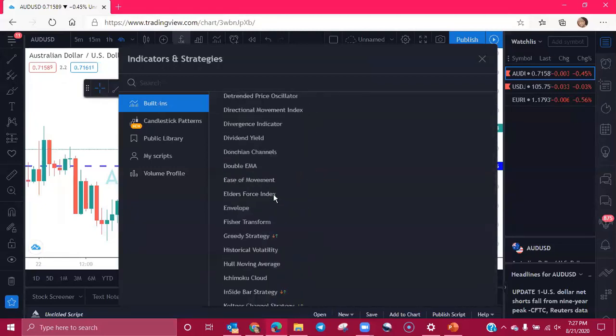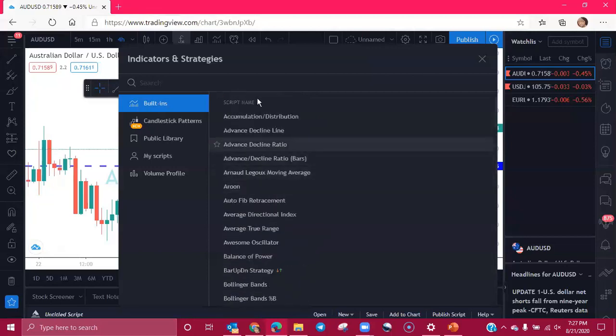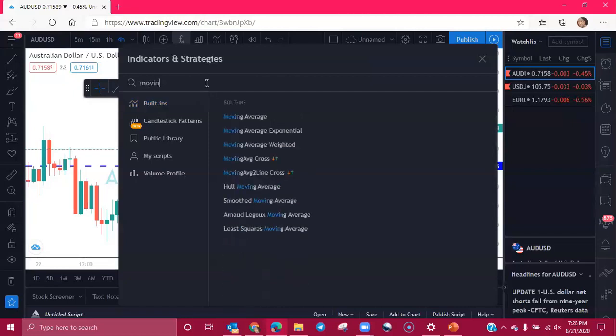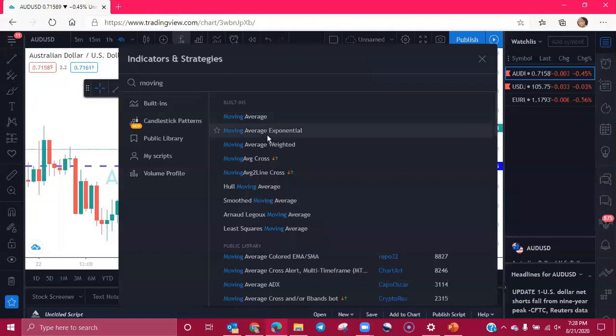Instead of going through the list, you can search for the indicator that you want. Let's say, for instance, we want to put an exponential moving average on our chart. You can just start typing moving average and you'll start seeing them pop up here on the list. Then we're going to click on moving average exponential.